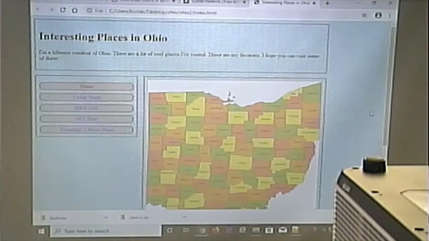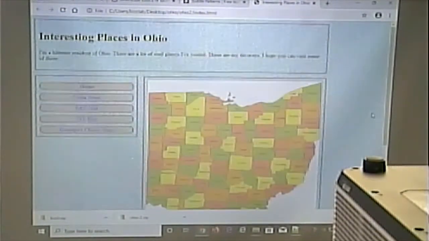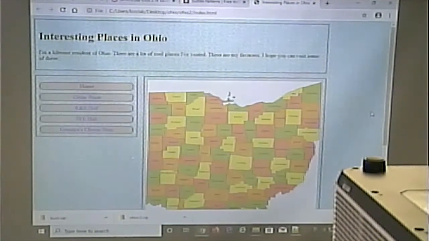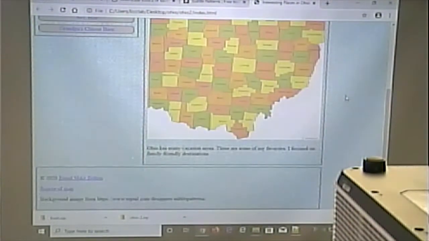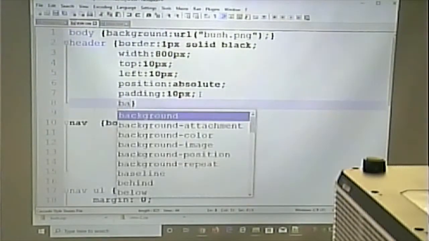Okay. Now when I do this, that actually doesn't look bad as it is. All right. One thing, because the colors are light enough that the black font on top of it isn't hard to read. But what you could do is you could maybe help out a little bit by giving a background of white